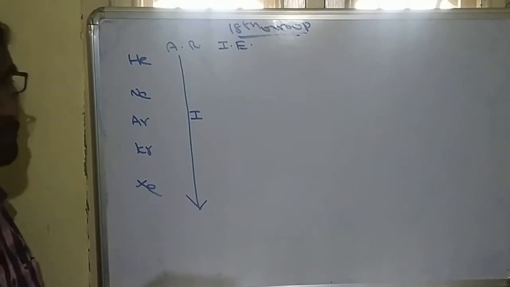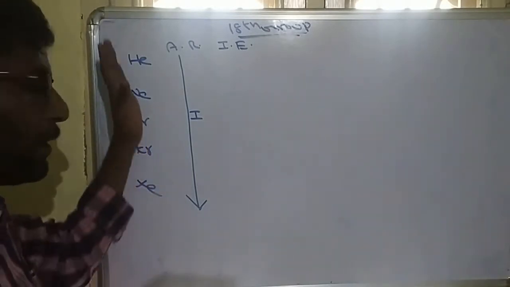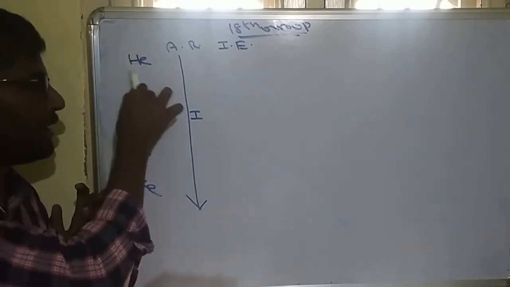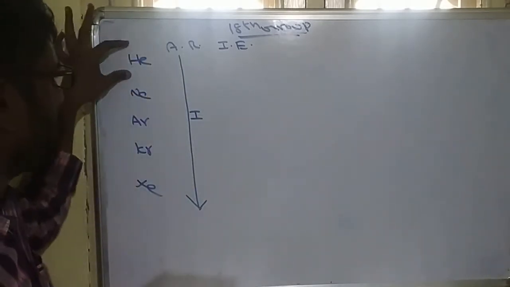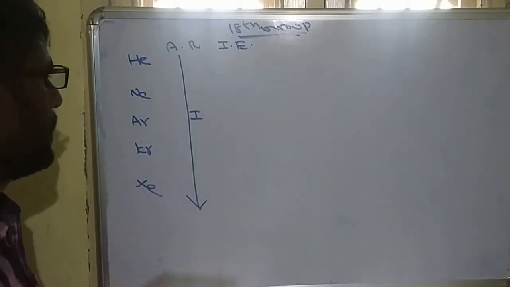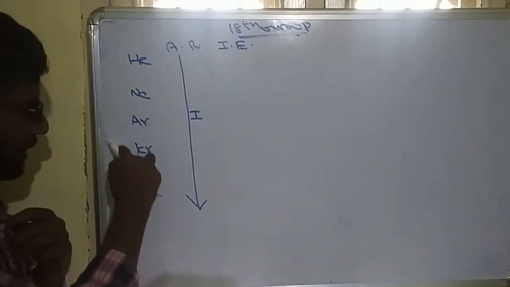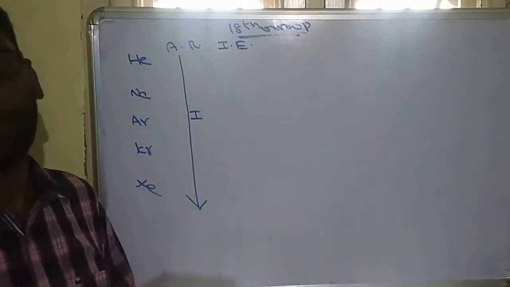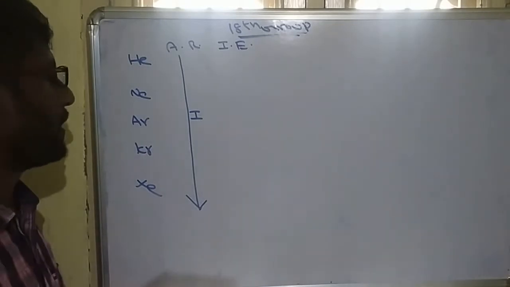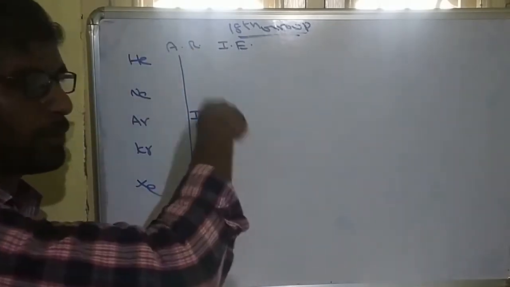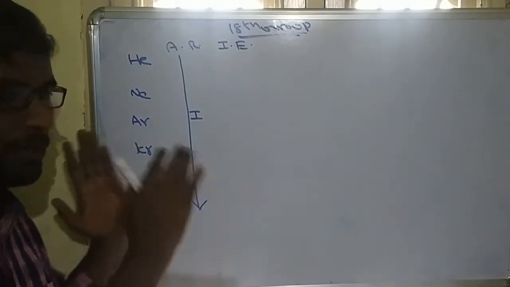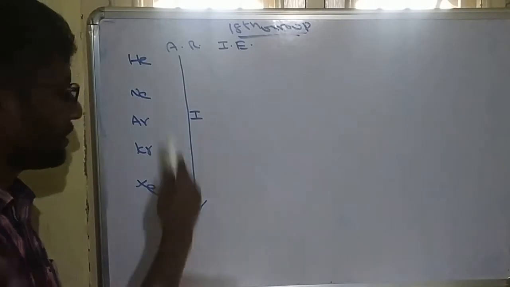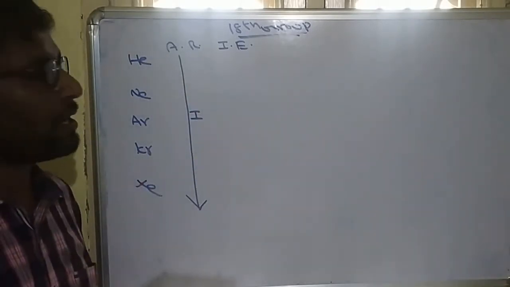ionization energy, noble gases already have octet configuration and are highly stable, except helium. Helium is a doublet, since it is in the first shell and contains only 2 valence electrons. Remaining all are octet. Since all are highly stable, removing an electron from a noble gas is very difficult. That's why the ionization energy of all noble gases is very high compared with other groups. From left to right, ionization energy increases, and noble gases exhibit high ionization energy.